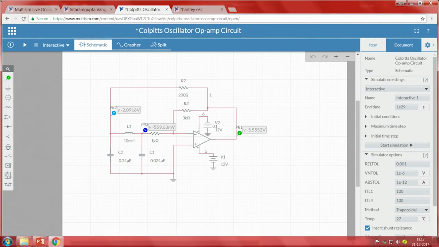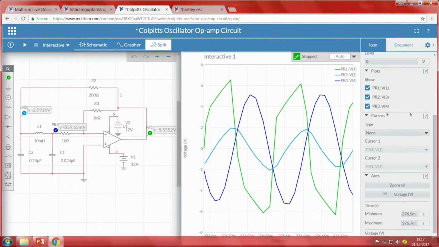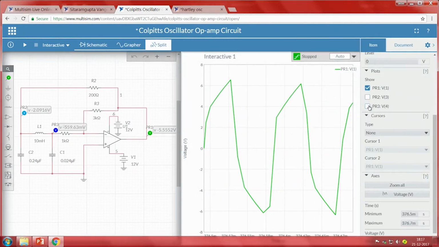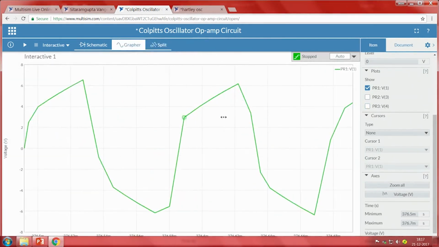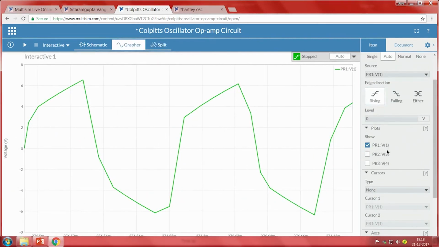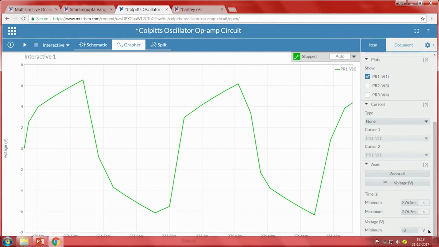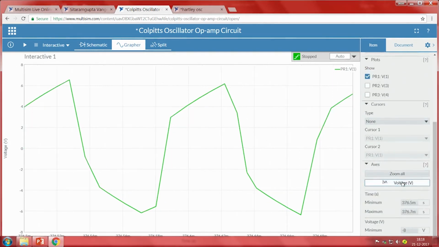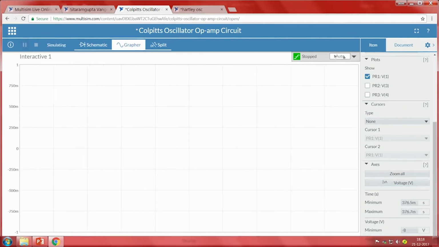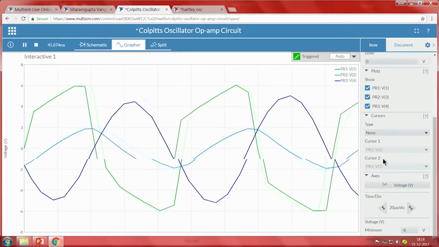So, now you see that he is using the split screen, and then here we can just remove or show. On the right side you have the button where it says show and remove, right. So, if I add this, we can see signals, if I remove this, we cannot see the signals at the particular point. Now, if I am looking at the voltage and if I am running the oscillator,